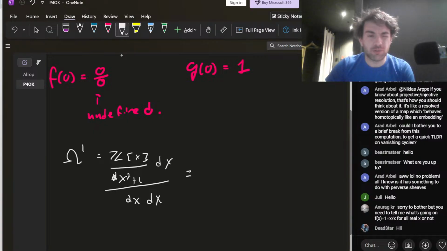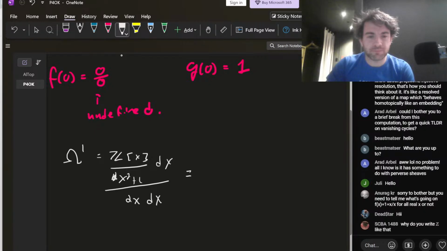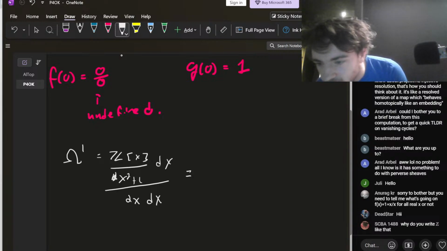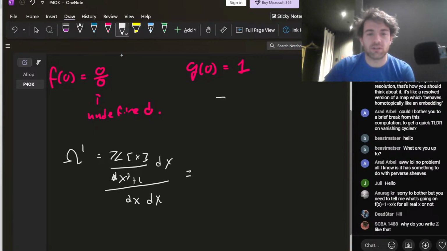So this should just be something like, what do I write? Z like that? Pretty common way to write the integers, I would say. I mean, I would say this is the most common way to write the integers. I don't know what other practice, this is how I write the math bold letters for the sets of numbers.